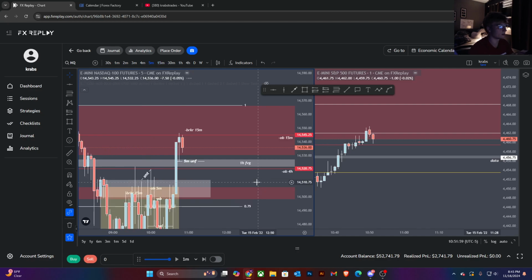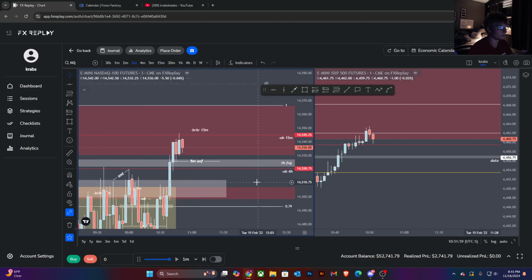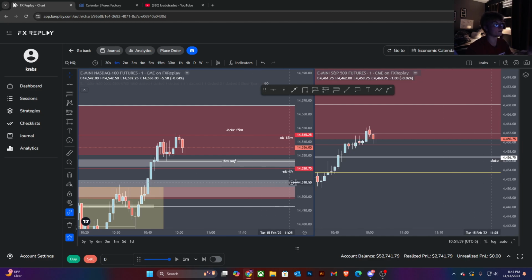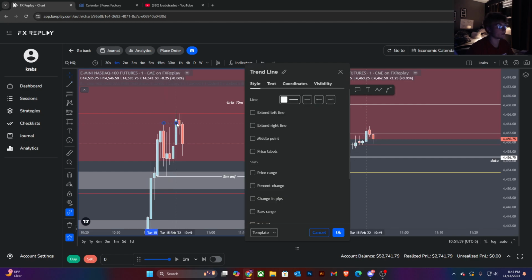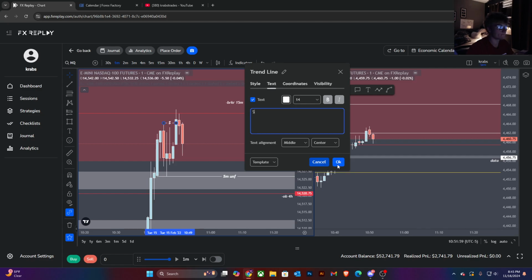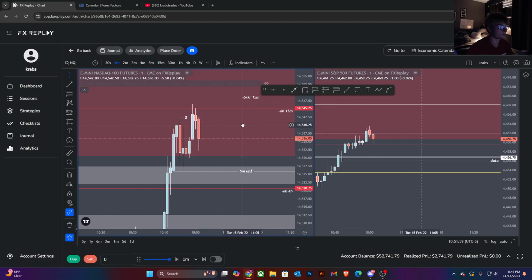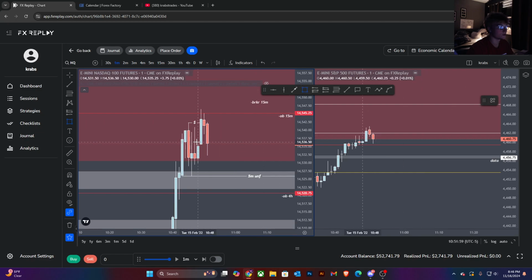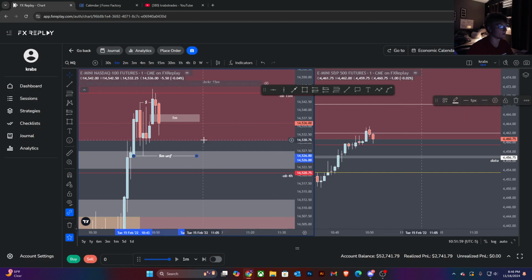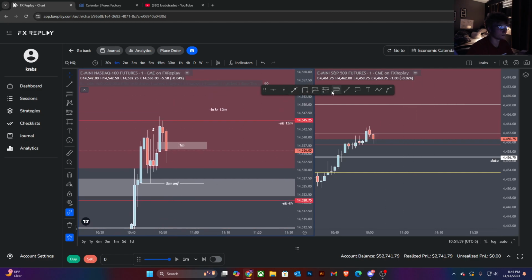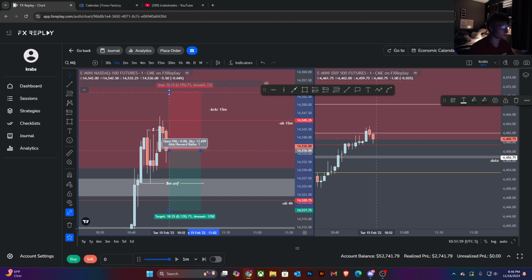But yeah, OB top, 5-minute unfilled gap, 1-minute inversion, turtle soup with these highs, had the manipulation leg right here, manipulation. It just looks too clean not to smack, so I'm going to take this for sure. Beautiful setup, break even right here. Just such a nice setup here, and it just stops at this wick.